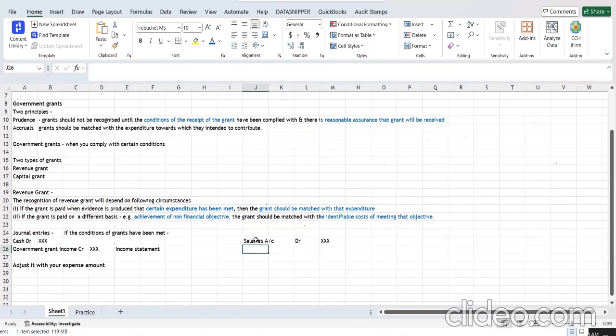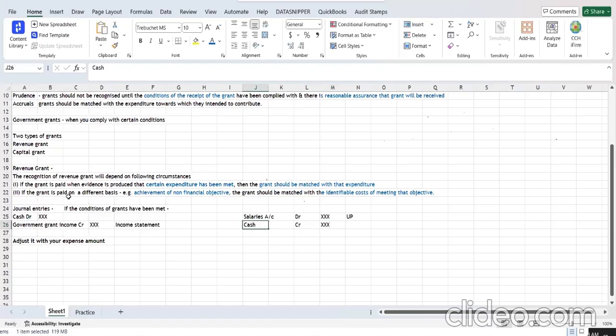If you meet that criteria, then your salaries expense account will go up, and your cash account would go down because you're paying the salaries. So either you can record this separately, as an income separately and an expense separately,